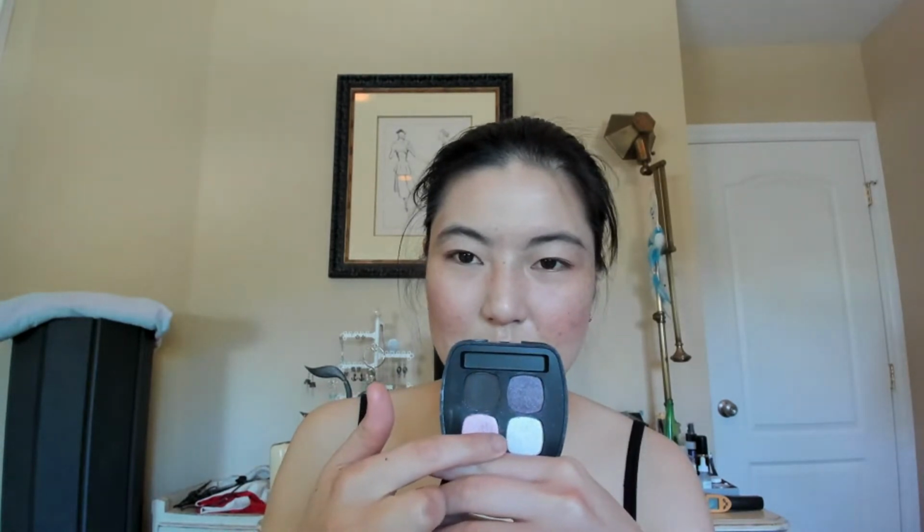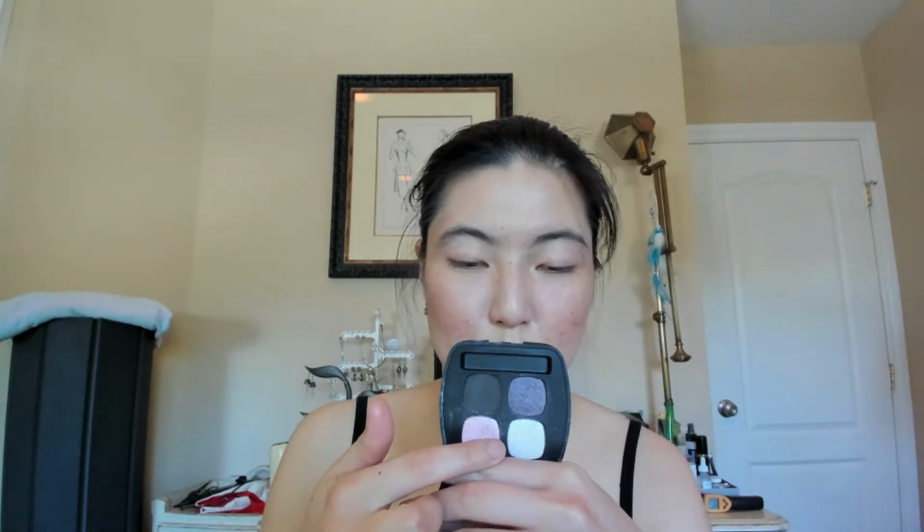The purple's pretty awful. The pink I do like. The white I do like. I don't use them often. So the purple one I did use kind of as a, not as a joke, but as a benchmark for, okay, if you have a good brush, it can still work with a really bad eyeshadow, and this is how it works. The only time I really used it to compare was for the Worker 1 and Worker 2